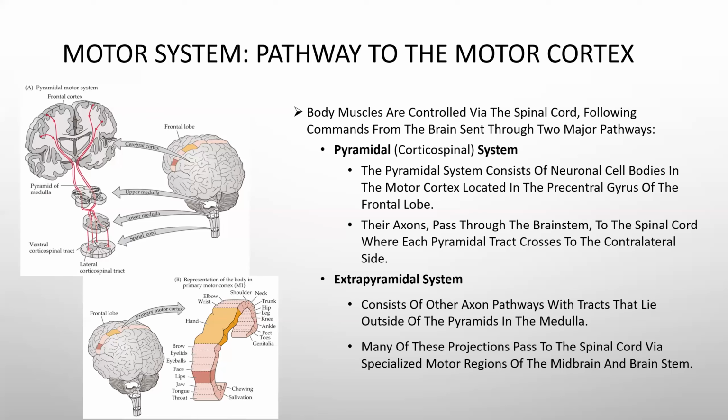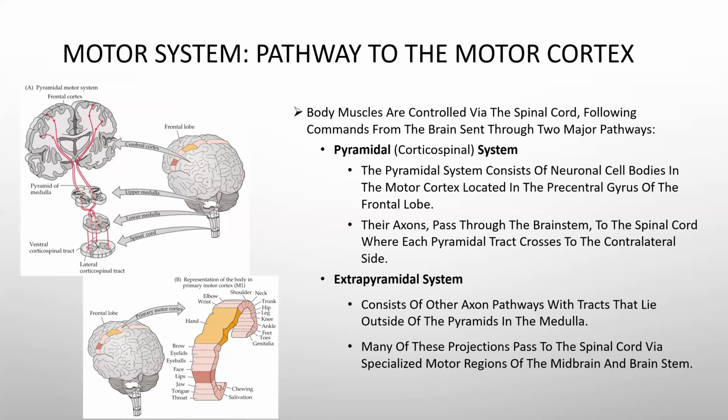So the motor cortex is in the frontal lobe, the somatosensory cortex is in the parietal lobe. Their axons pass through the brainstem to the spinal cord, where each pyramidal tract crosses to the contralateral side. Again, just like with the somatosensory cortex, it's processed in a contralateral manner. And then there's the extrapyramidal system, which consists of other axon pathways with tracts that lie outside of the pyramids